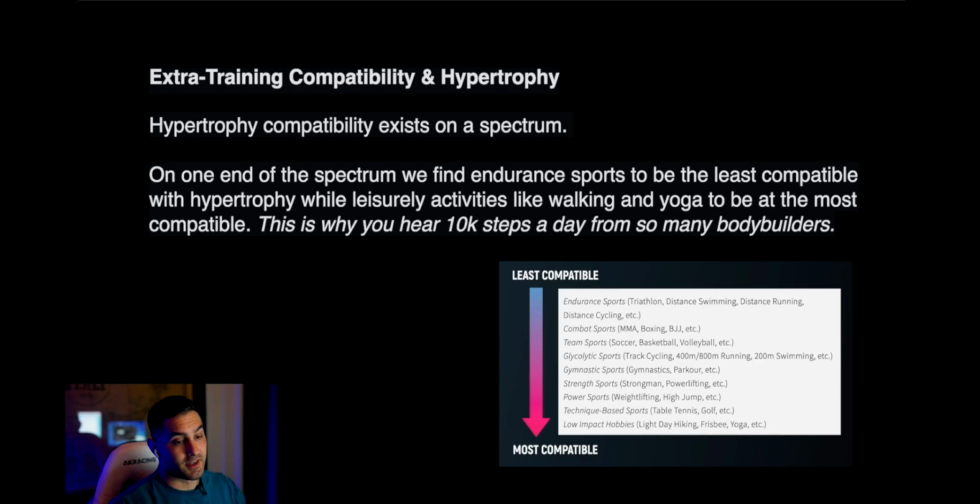Gymnastics sports, gymnastics, parkour. With gymnastics, you actually do see a lot of gymnasts who are pretty jacked. So this is somewhere in the middle range. They're very lean, these guys, but their arms especially are very big, and a lot of people think that's an ideal body type, and it definitely is. But they're always talking about Olympic level gymnasts. Yeah, Olympic anything is ideal, obviously, and they're short as well.